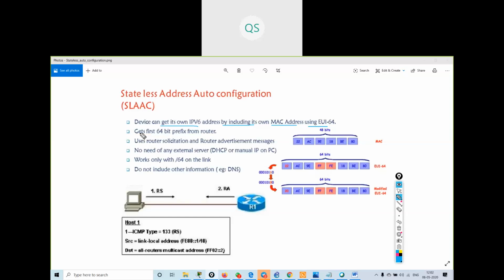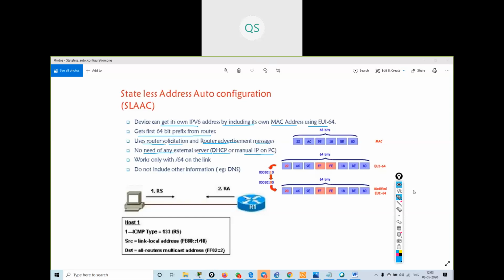It gets the first 64-bit prefix from the router, using router solicitation and router advertisement messages. No need of any external server like DHCP or manual IP.